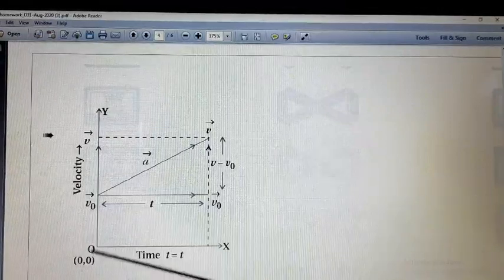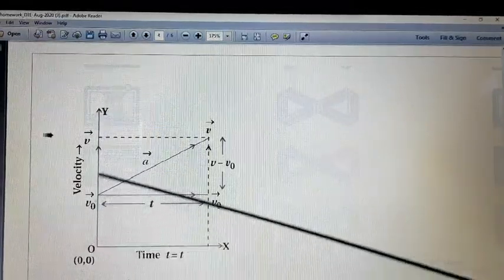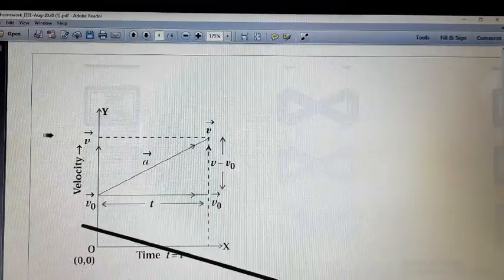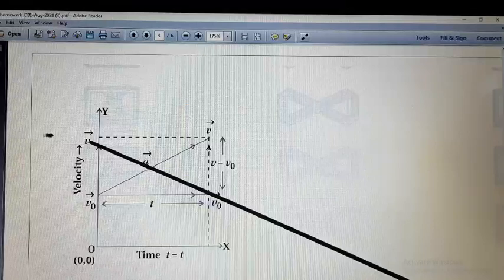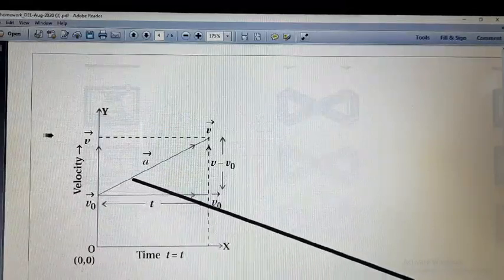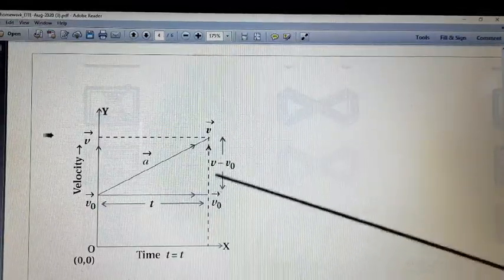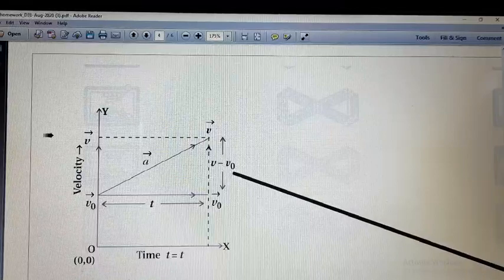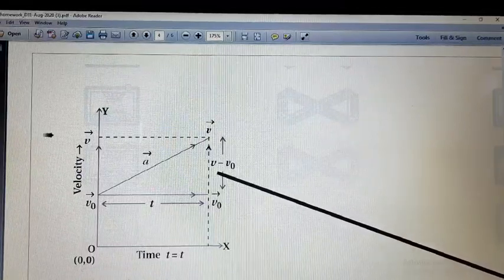On the x-axis we take time, and on the y-axis we take velocity. Here v0 is the initial velocity and v is the final velocity. Here this is the acceleration. Means, v minus v0 is the change in velocity, and the time taken is